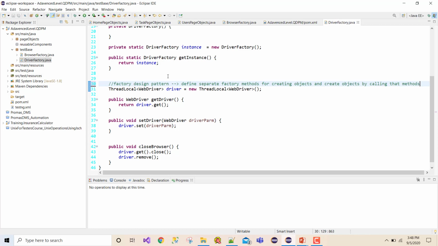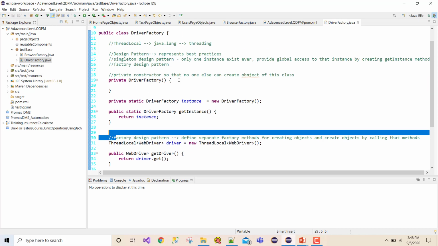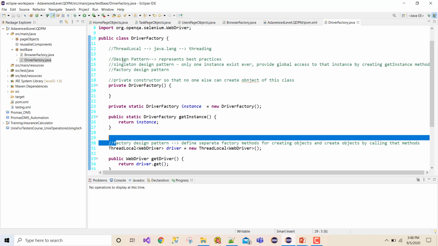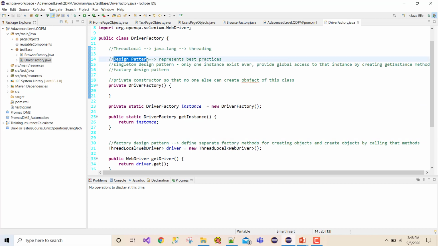Okay, so we did achieve both things, factory design pattern and singleton design pattern. Overall we are following design patterns, right?